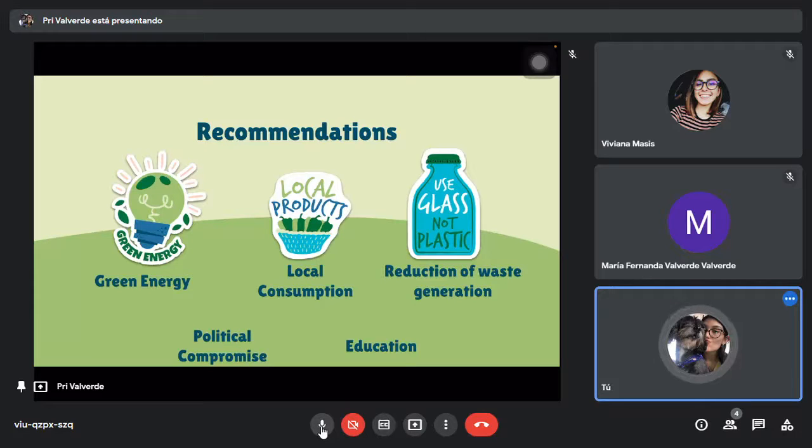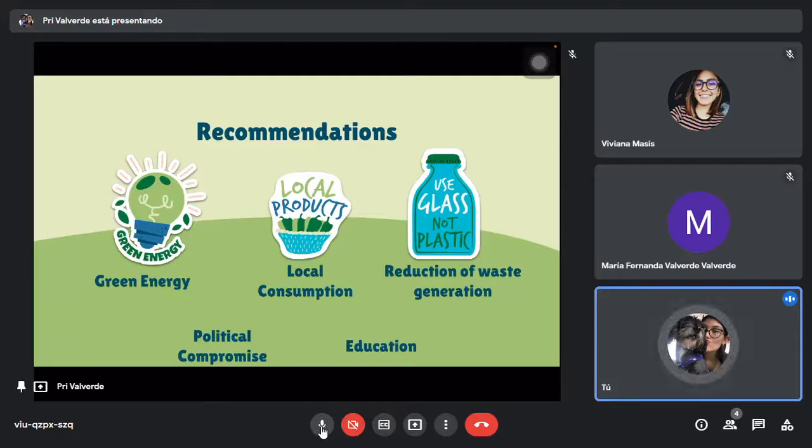There is also a political commitment, where it is necessary for all countries to make arrangements and establish measures to combat climate change. Although not all countries could have the same requirements, since the most polluting countries should be the ones that are most committed. Talking about local consumption, this must be a priority for all countries. The supply of consumer goods of local origin would contribute very efficiently to combat climate change, since the emissions derive from the transport of these goods as well as the production of packaging plastics.